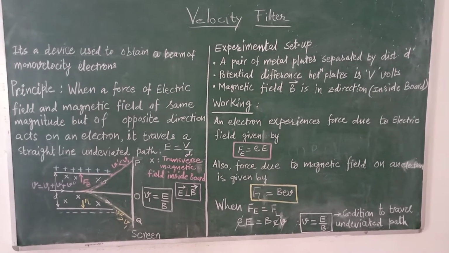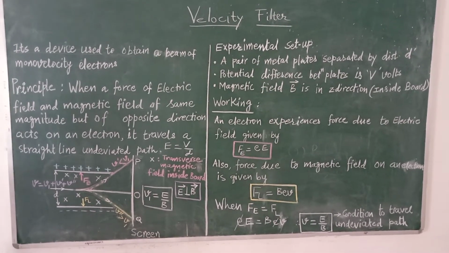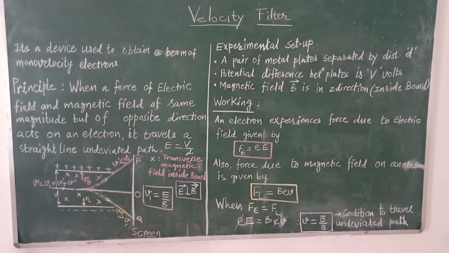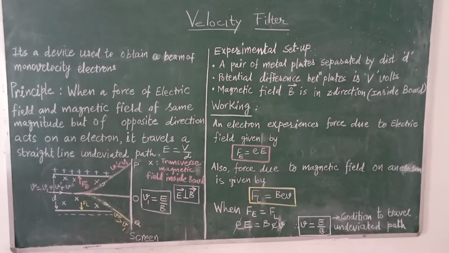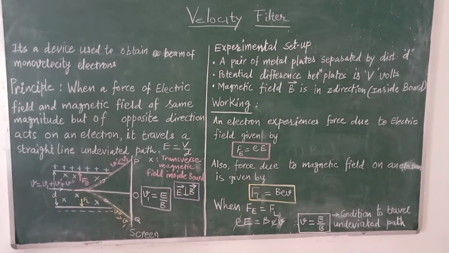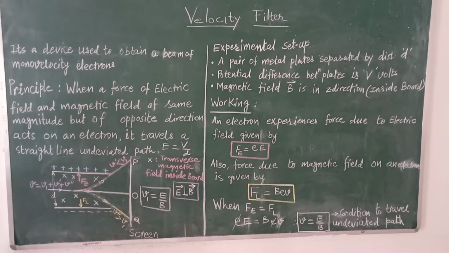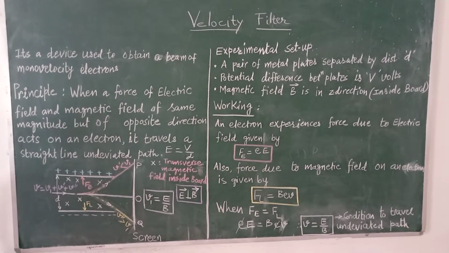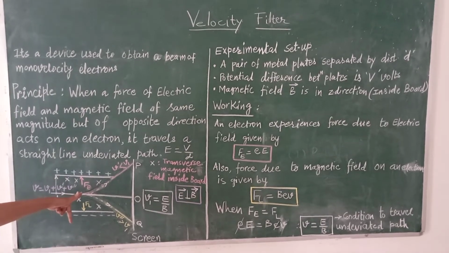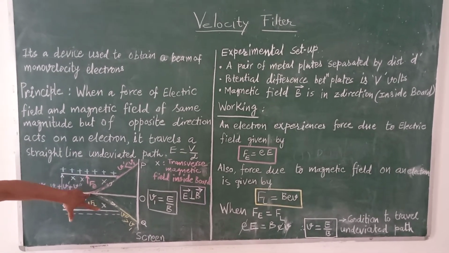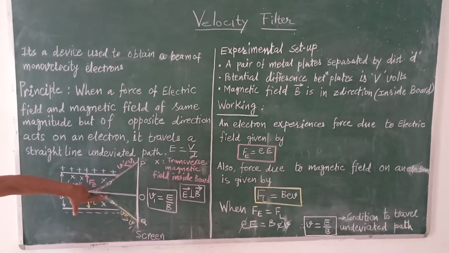So, let us imagine that the z-axis is the direction of B and the positive x direction is the direction of velocity of the electron. As a result, the force due to the magnetic field will be in the direction of the thumb,